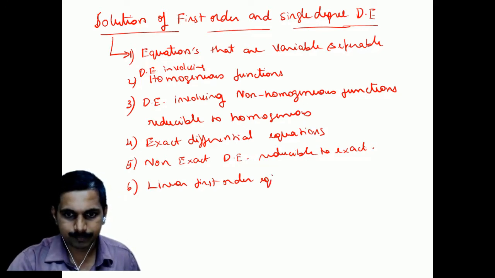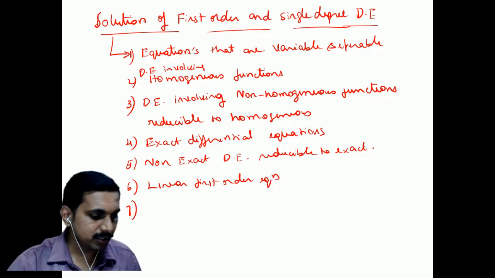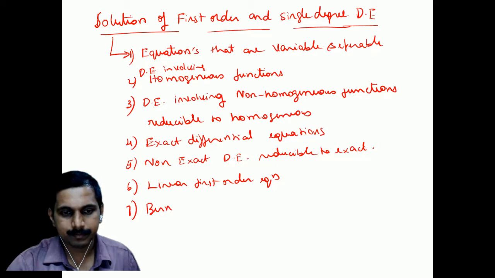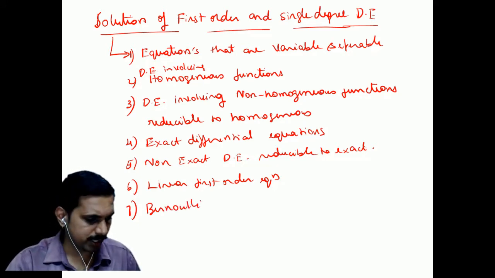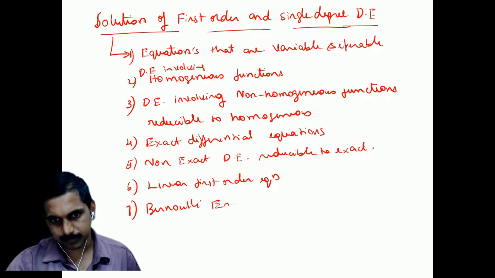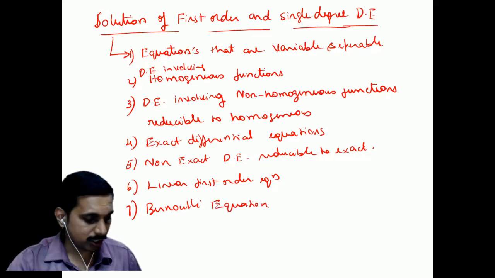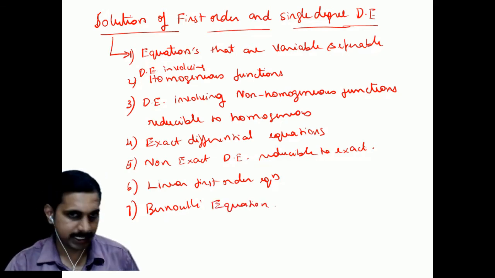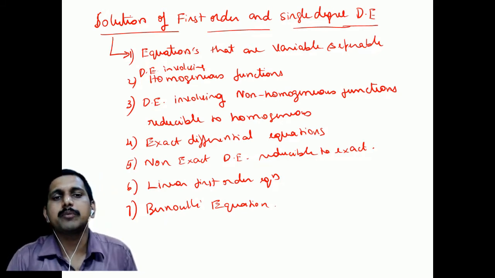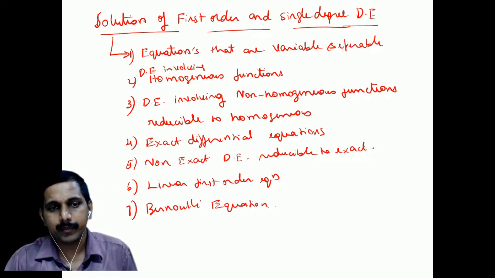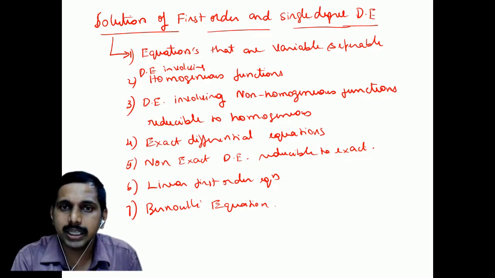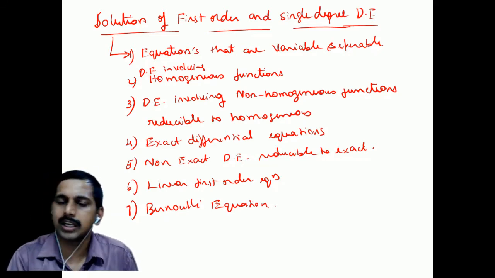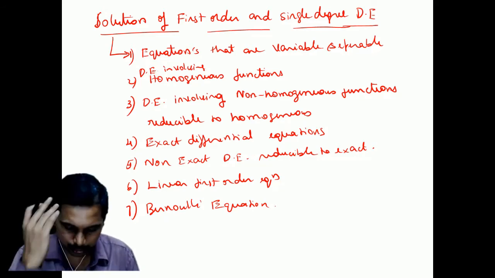First order equation. Seventh one, we will see Bernoulli's equation. There are a lot of things there. It is actually a non-linear differential equation, and we will see how to solve it. Here we are not worried about linear or non-linear. Keep in mind, in between I may get linear, I may get non-linear. If it is linear differential equation, it's okay. Non-linear, it's okay. There are various ways to solve, and we will see how.